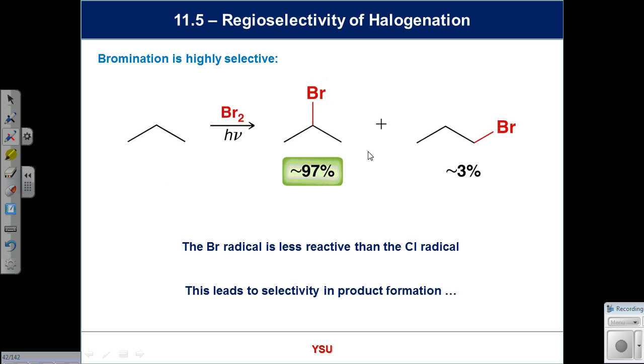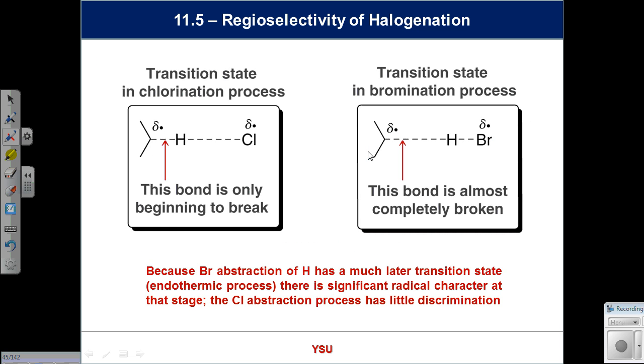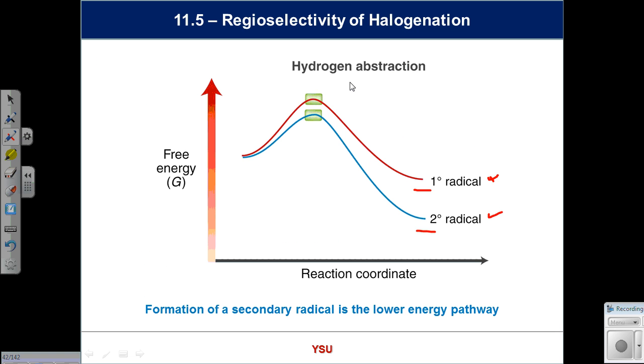Now think about this. We'll see some pictures in a minute when we draw some transition states. There they are. Up here and up here, you need to be aware of what's happening. You're breaking a carbon-hydrogen bond. Your X radical is coming in, getting hold of that hydrogen, and breaking it away from your carbon. Your carbon is becoming a radical. So where would you rather have that growing radical? On a secondary carbon or a primary carbon? Secondary, yes, because